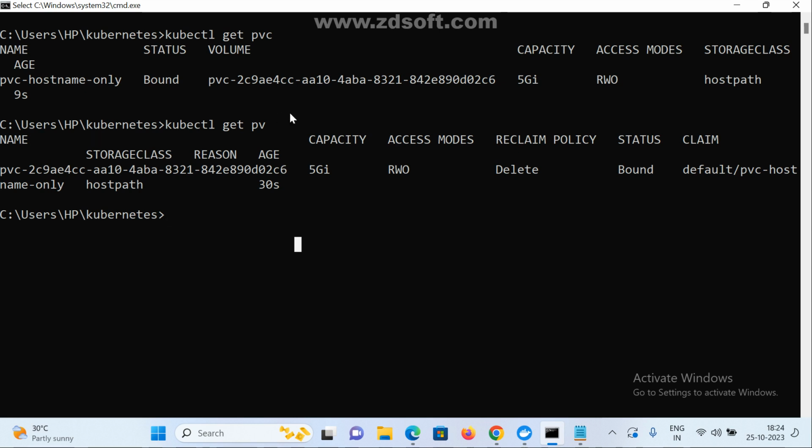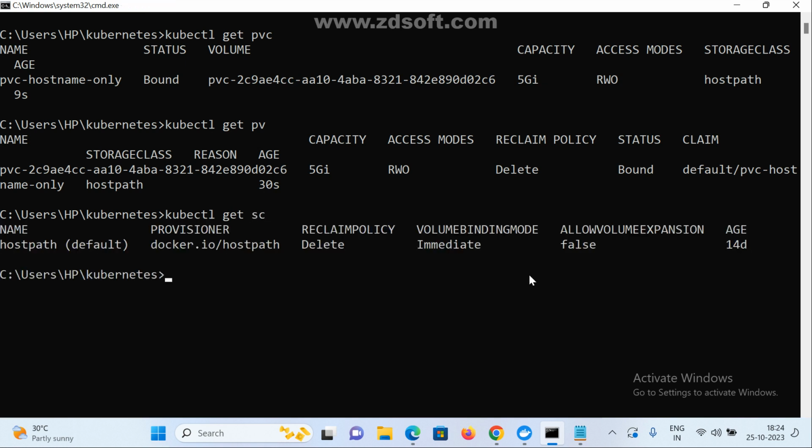What did I do before? I did static. Static means we have to declare both PV as well as PVC. Now in this case I wrote only the PVC, but here for the storage class I gave hostpath. By default we have one storage class, right? See here, kubectl get sc, we have one storage class. I mentioned this path in my